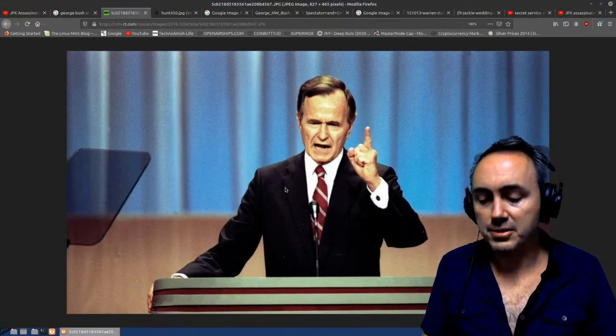Now, when most crimes are investigated by police officers, especially any kind of murder, one thing they clearly look at is cui bono. That's Latin for who benefits. What's very interesting about this case is that George Bush Sr. seems to benefit inordinately from the JFK assassination.